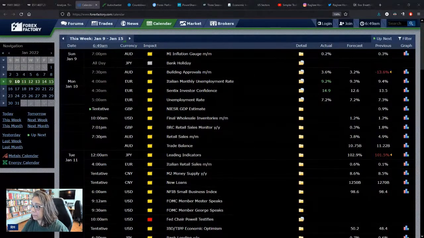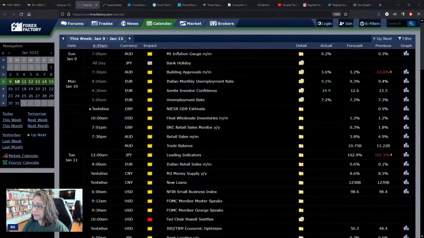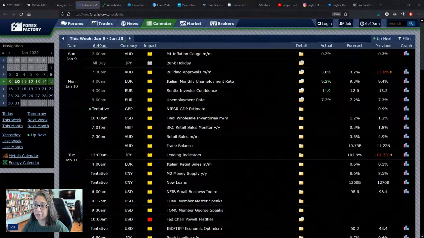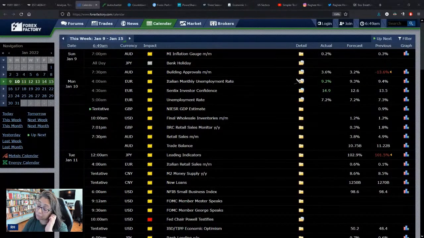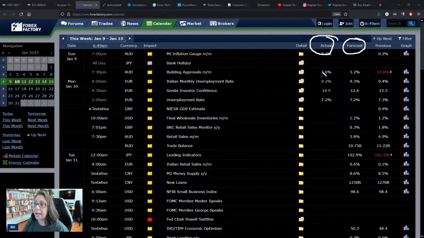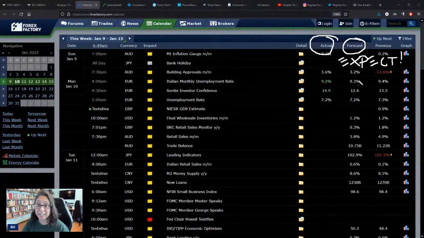So if you take a look here, let me grab my drawing tools. What's an episode of Charts and Coffee without some drawing all over these things? So take a look at the columns in question. Here's your actual column. Here's your forecast column. And the question is, what does it mean? Well, remember, forecast is really what? It's what we expect. This is what's been discounted. This is what has been priced in, baked into the cake. Pick whatever lingo you'd like.